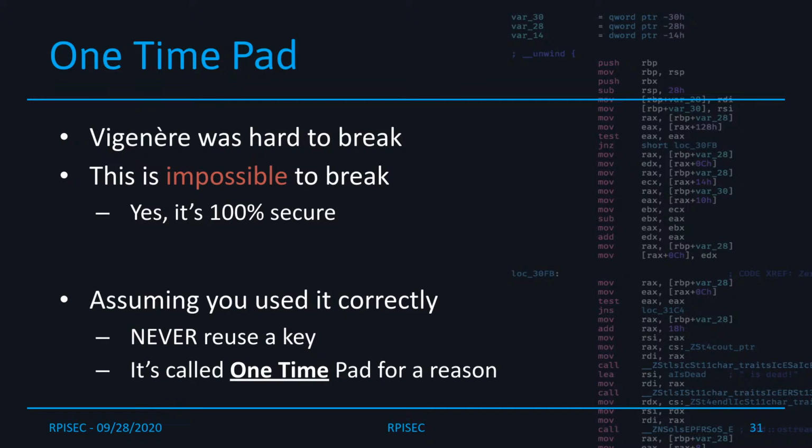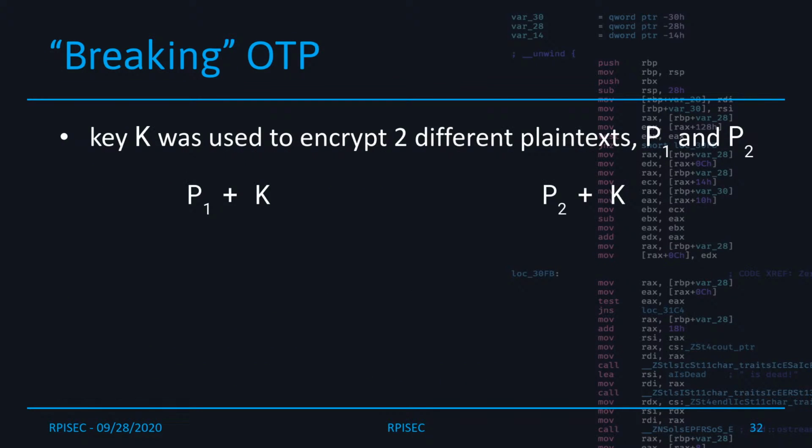However, that's assuming that you use one-time pad correctly. It's called one-time pad for a reason, because if you ever reuse a key to encrypt 2 plaintexts, an attacker can gain quite a bit of information about both plaintexts, even so far as to figure out what those plaintexts actually are. So let's consider that case. If we have 2 plaintexts, P1 and P2, and we use the same key, K, to encrypt them,